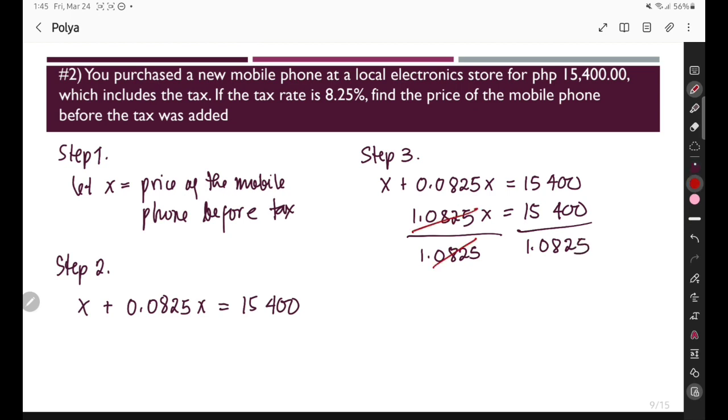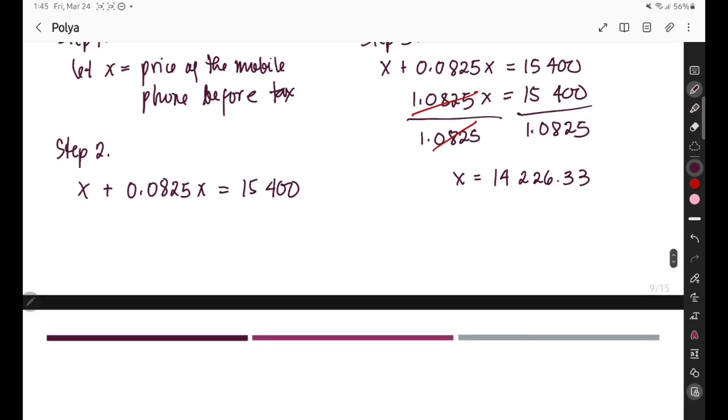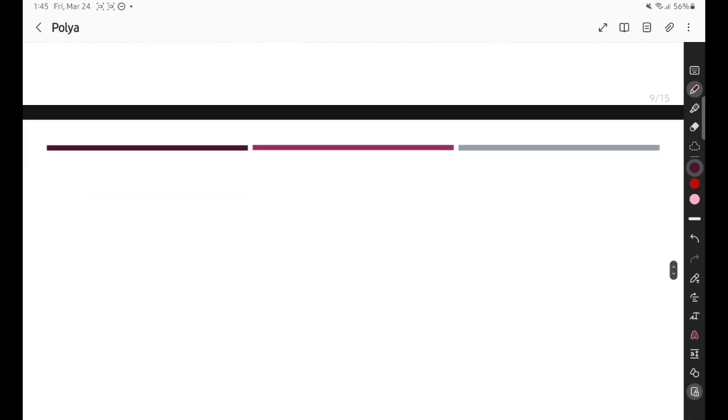Cancel this. So x is now equal to 14,226.33. Okay, so this is our price of the mobile phone. So if we move on to the step 4,